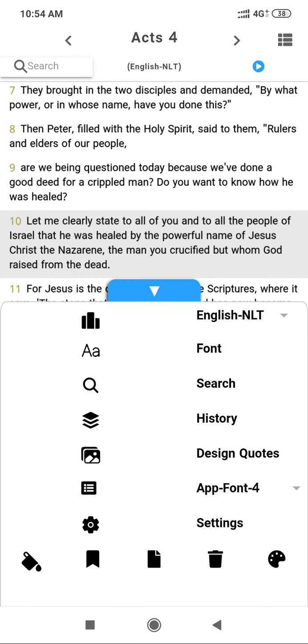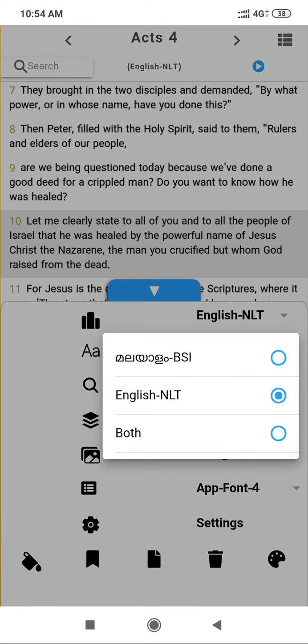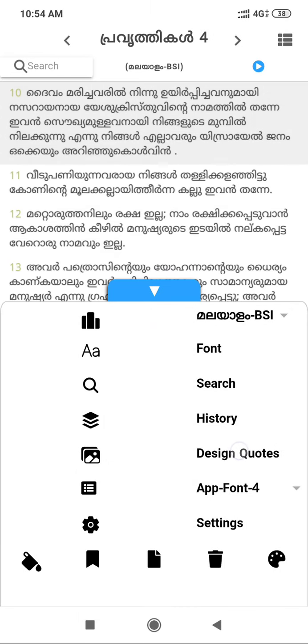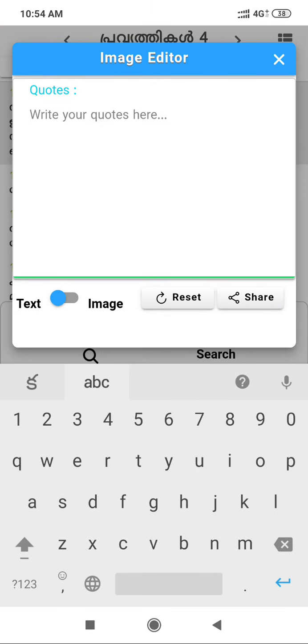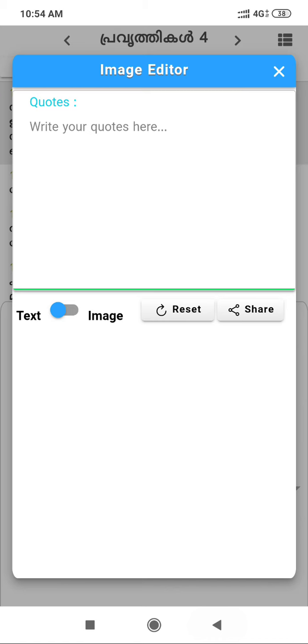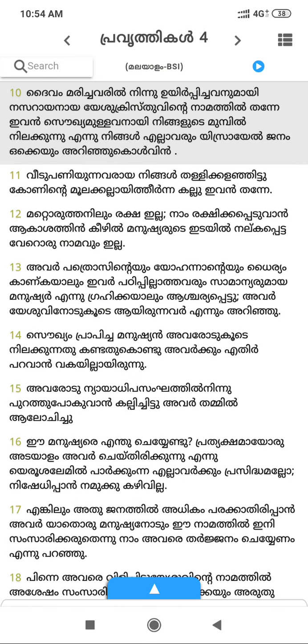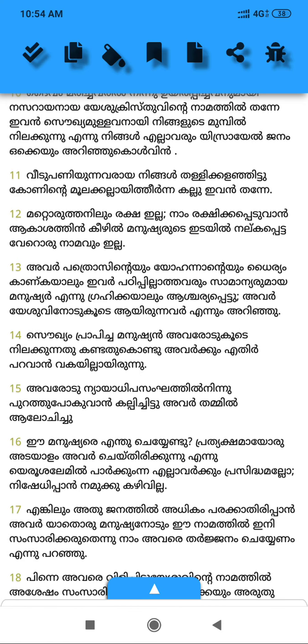Right, and design codes are nothing but Bible codes, or any godly man's codes, or you can write your own codes also. Here you can type it if you want to. For testing's sake, I'm copying one verse: long press, select the verse and copy it.